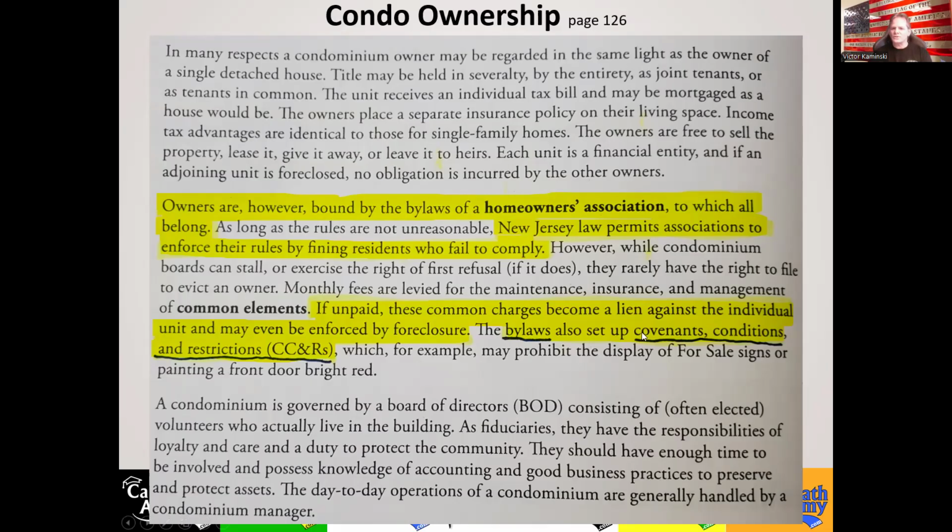So the bylaws also set up covenants, conditions, and restrictions known as CC&Rs. What is a CC&R? Covenants, conditions, and restrictions that are set up in those bylaws that could have rules on what the individual unit owners can do. I had this affect me before where I had listings and I put them up not just in the MLS, I put ads out on all kinds of social media and even those community websites like Craigslist and stuff like that. I put up rentals, and